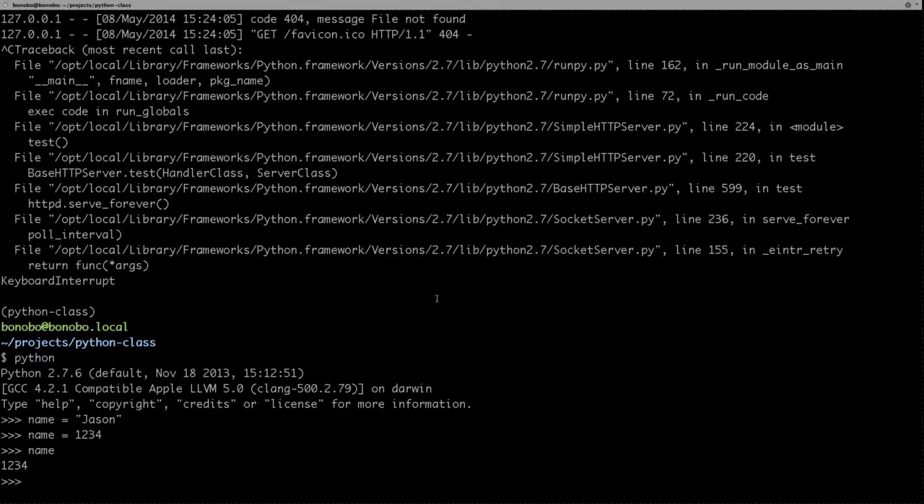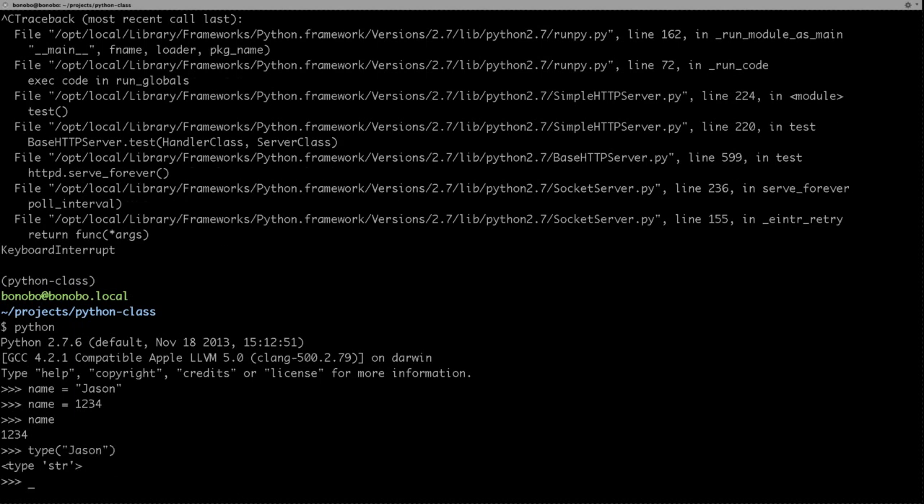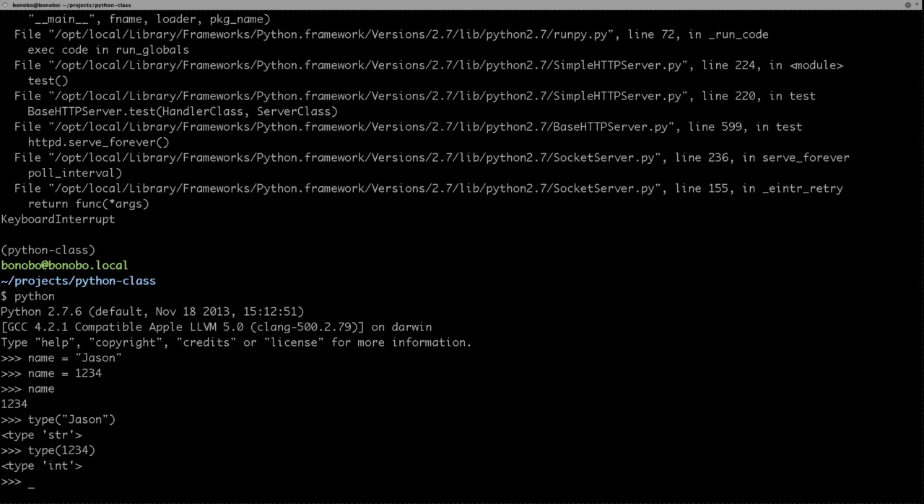The objects do have types. So if I do type on Jason, you can see that's a str. And if I do type on 1, 2, 3, 4, it's an int. So the actual objects do have types. As a result,